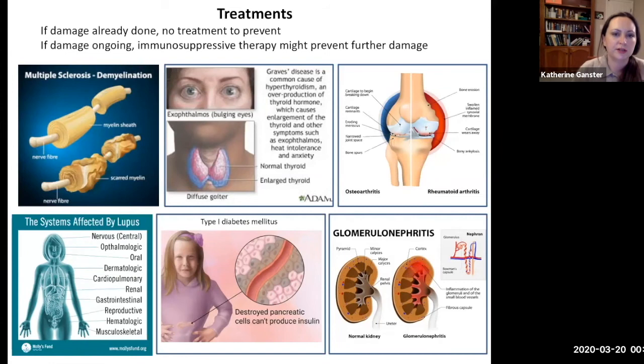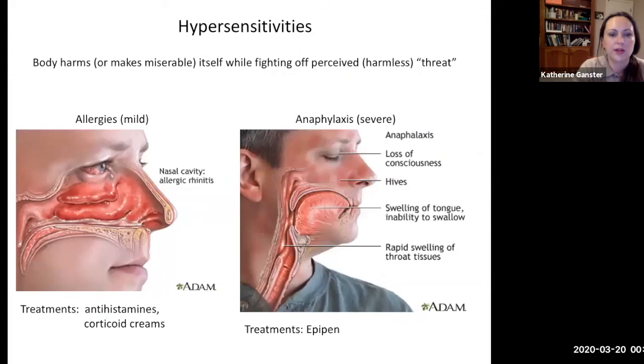So if damage is already done, there's no treatment to prevent it. It's already been done, right? But if damage is ongoing, then you can give immunosuppressive therapy where you try and reduce the white blood cells' activity to try and prevent damage on these tissues. Now, you can have some